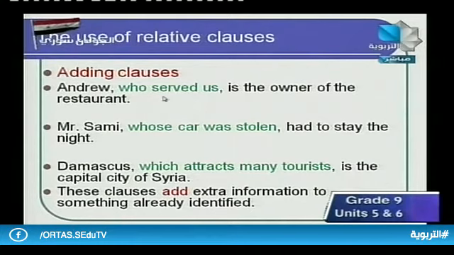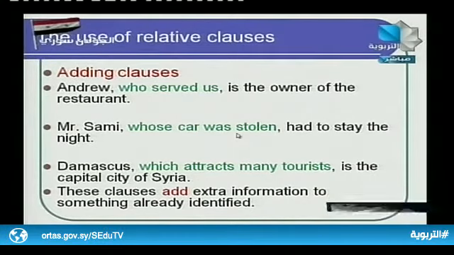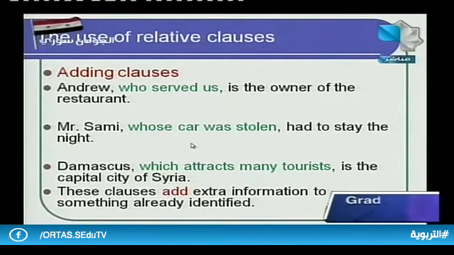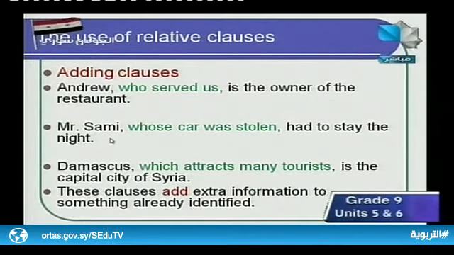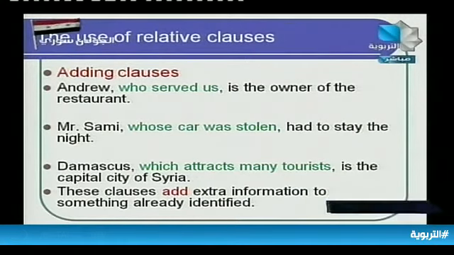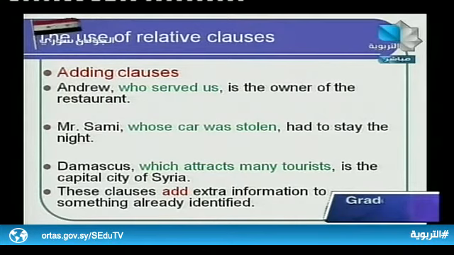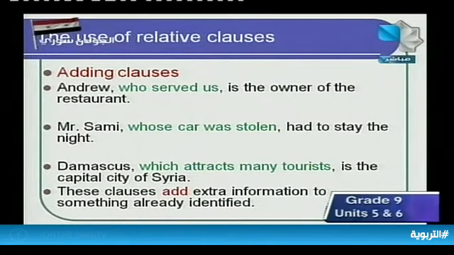Another example, Mr. Sami, whose car was stolen, had to stay the night. The same thing, between two commas, whose car was stolen is the relative clause. If we decide to omit it, it's okay because here it's an adding clause. He is Mr. Sami, he's well known to all of us. So I'm trying here just to give you more information about Mr. Sami. Maybe you don't know that his car was stolen, so I'm trying to give you this just